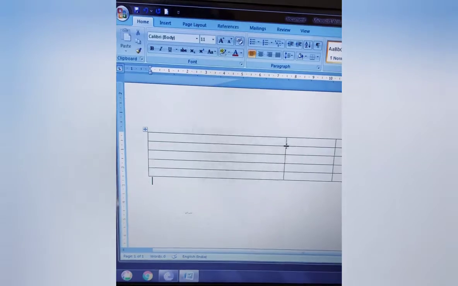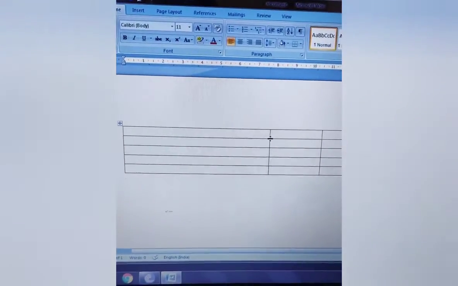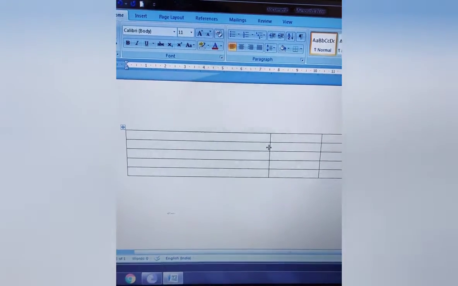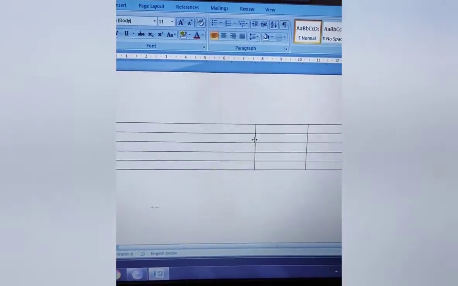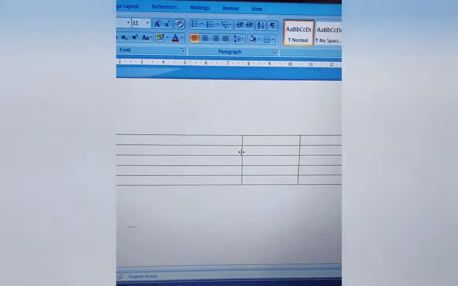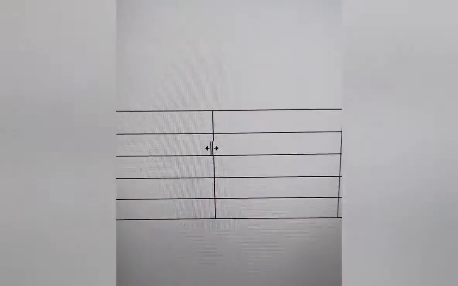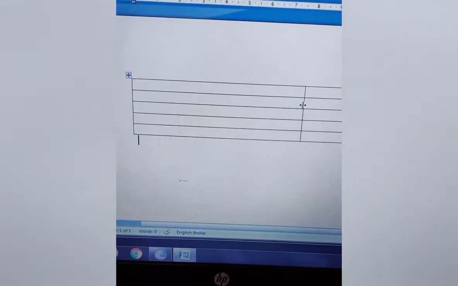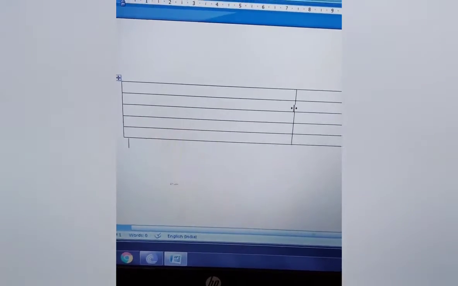So what do we do when we rest the mouse pointer? This is the mouse pointer, right? When we rest it on this column dividing line, this kind of separator icon, just take a look at it closely. This type of separator icon shows, and we can just drag it either left or right to increase or decrease the width of the column according to our need.